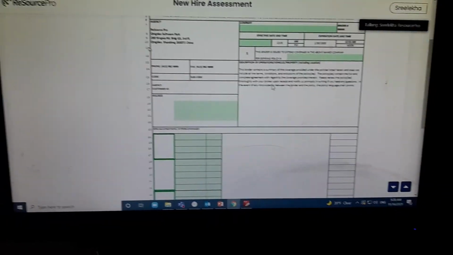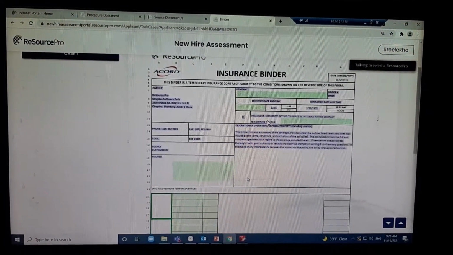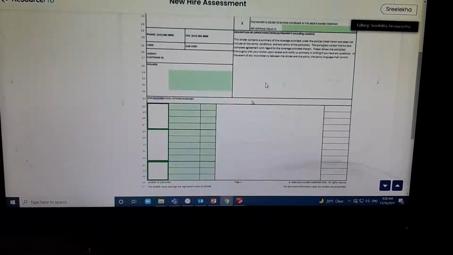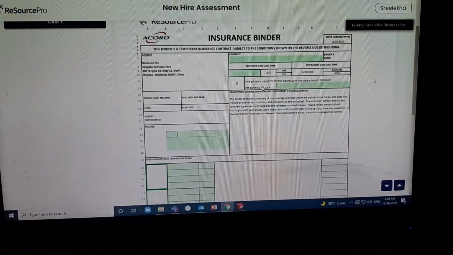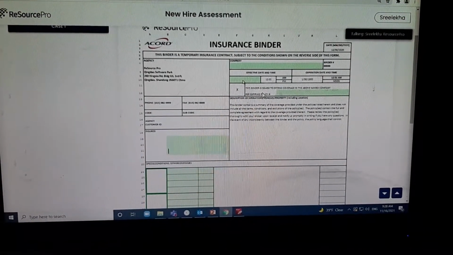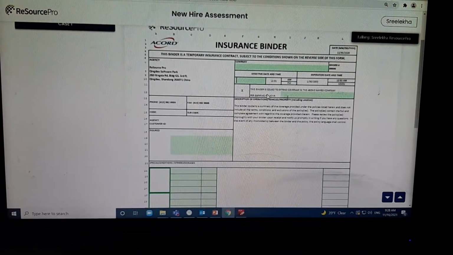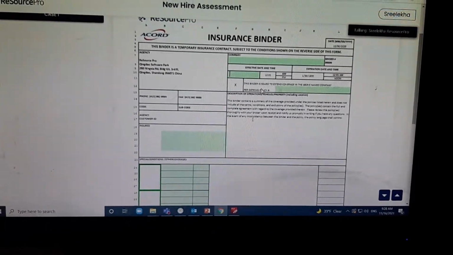Once again, I'm repeating. The first section is the general information section, and the second section is special conditions or other coverages section. And one more point to add here is that we will be focusing only on the green highlighted cells.